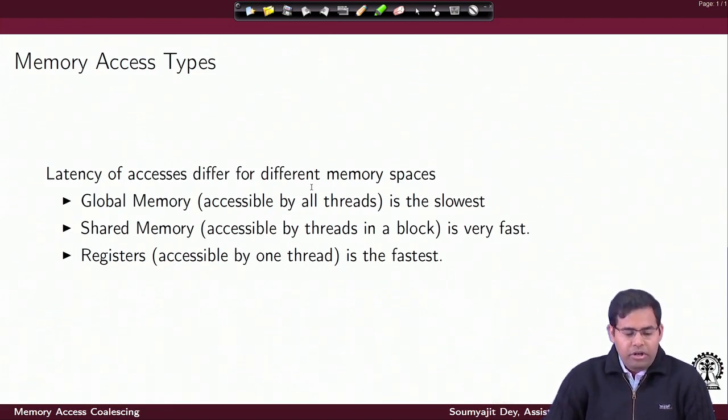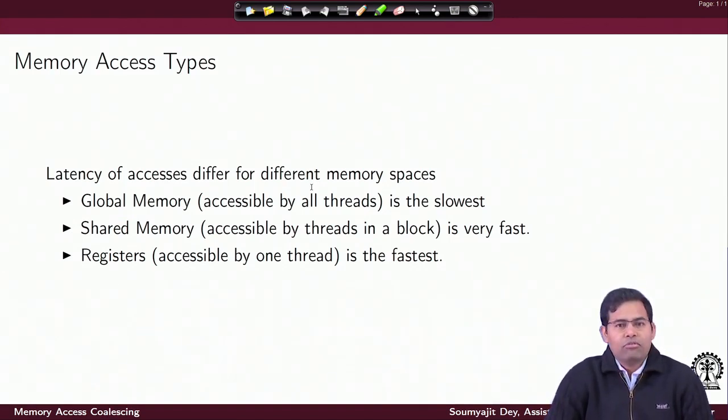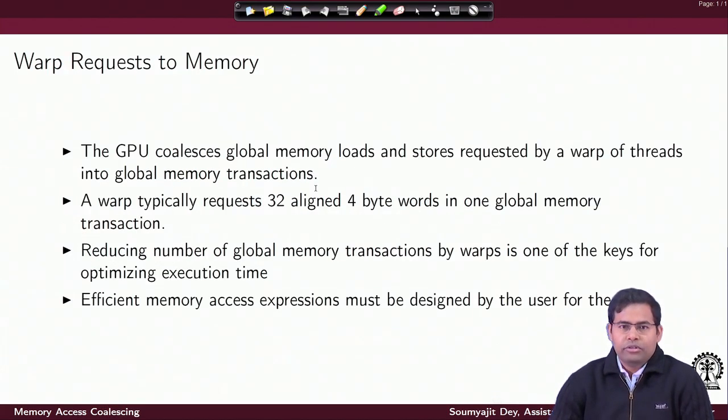So, now coming to the important question of the latencies of these accesses. They definitely differ for different memory spaces as we discussed earlier. This is a nice summary: the global memory, which is accessible by all the threads, is the slowest, definitely, since it is in the DRAM. The shared memory, which is divided into each of the different SMs, is accessible by all threads inside the thread block. It is an order of magnitude faster with respect to the global memory. However, if your variable is resident in the registers, then its access time will be the fastest. So, this is the order which is standard like any computer architecture.